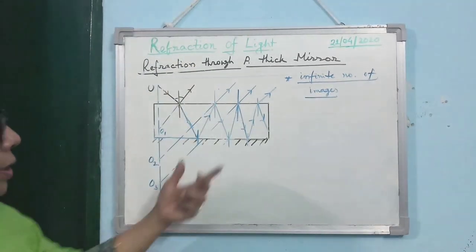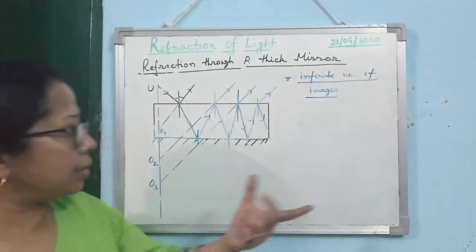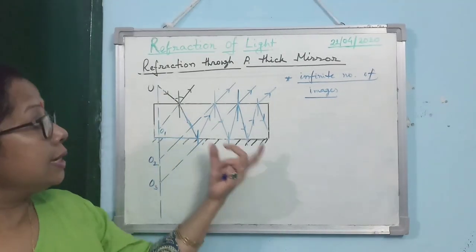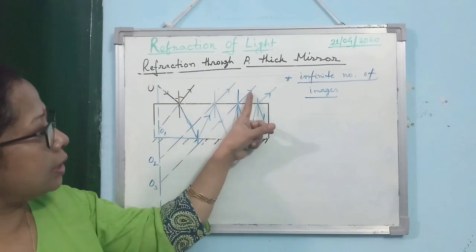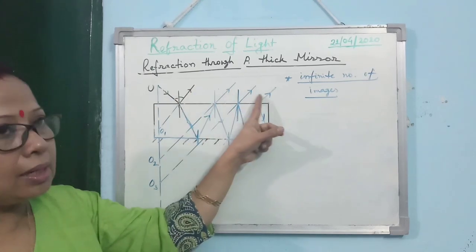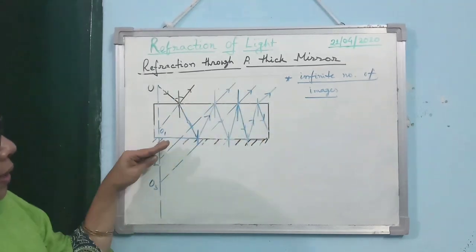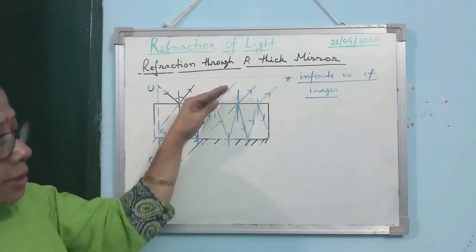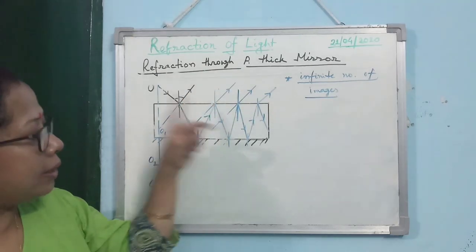What are the probable questions on this topic for the board exam? First is the diagram, very important. Take care that these 4 rays should be drawn parallel to each other, and when you extend them, they should be extended in the same line, the same path. It should not bend here.